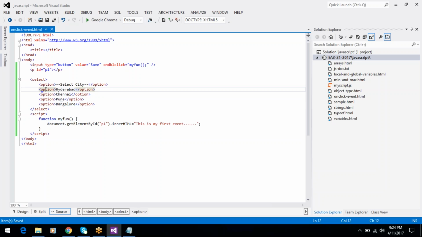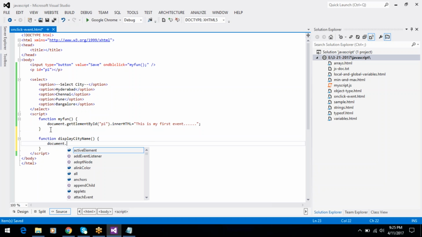Okay, when user changes the city name in the drop down list, the JavaScript function is executed and displays the selected city name in this paragraph. So create function display city name. Okay, so document dot get element by ID P1 dot inner HTML equal to,